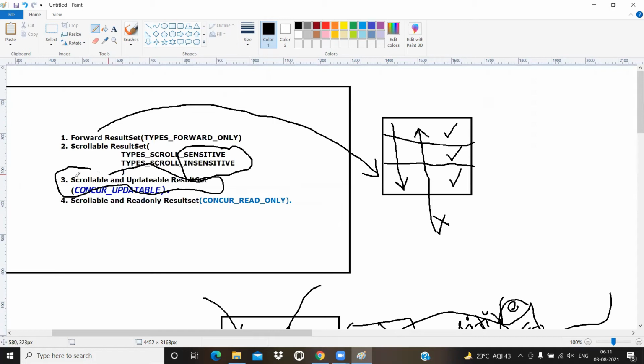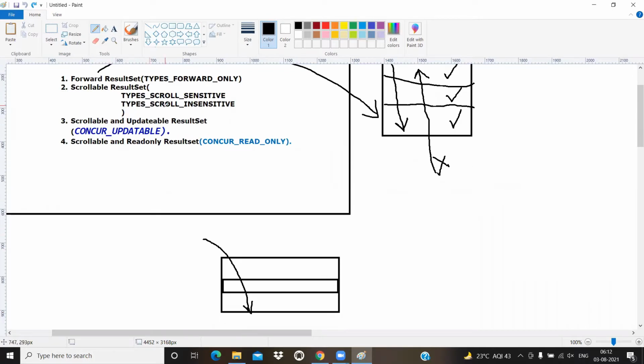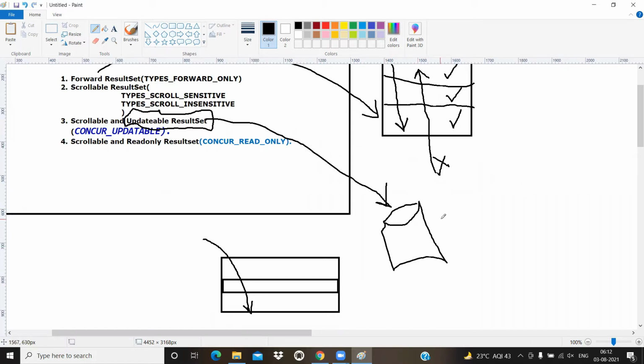Scrollable and updatable result set. Scrollable and updatable result set means basically this updatable result set is designed for updating the database. Updating the database means we are going to use DML commands. This is purely designed for DML.